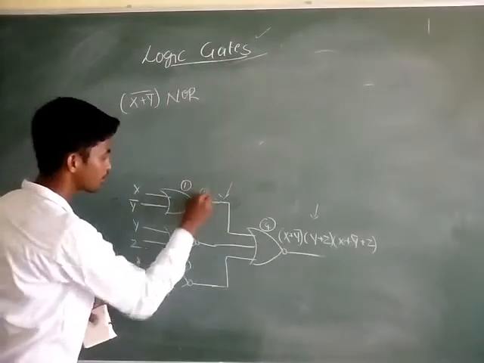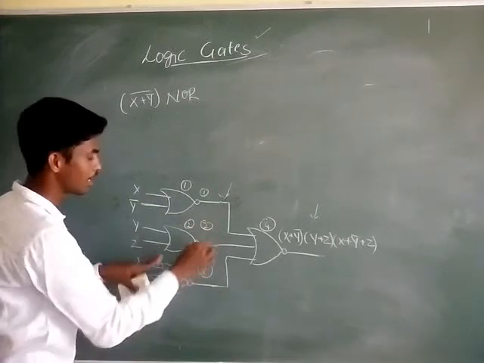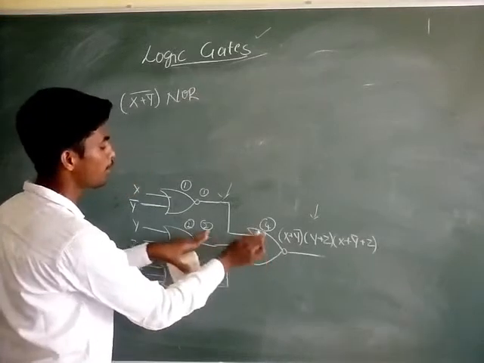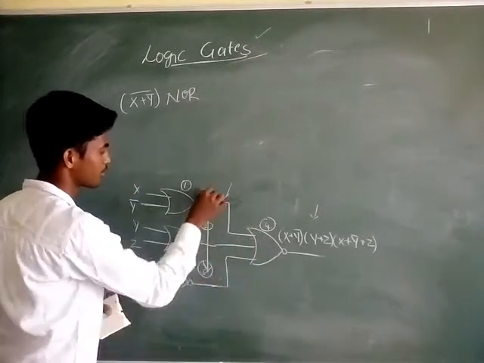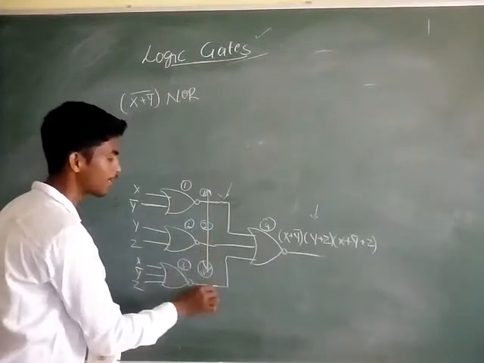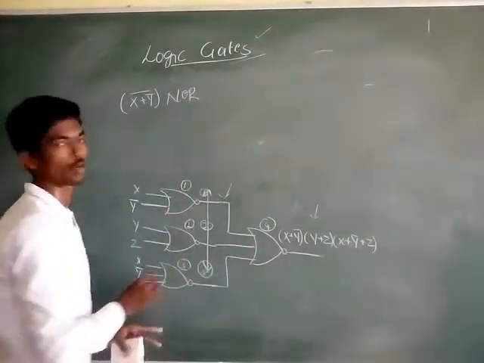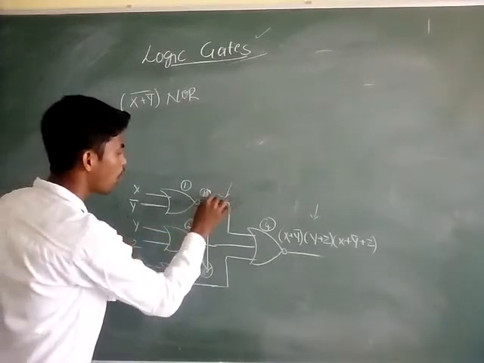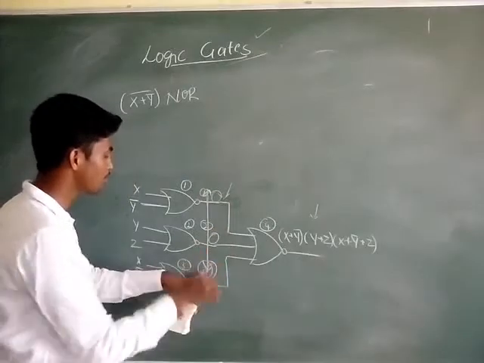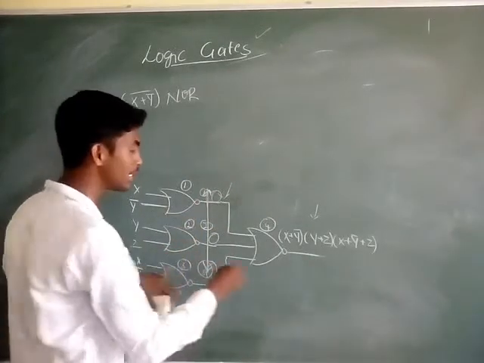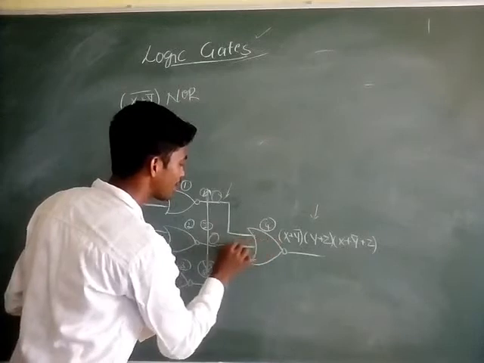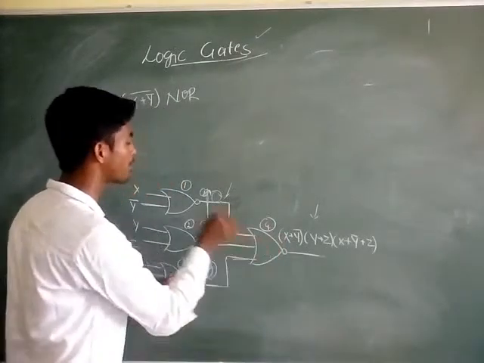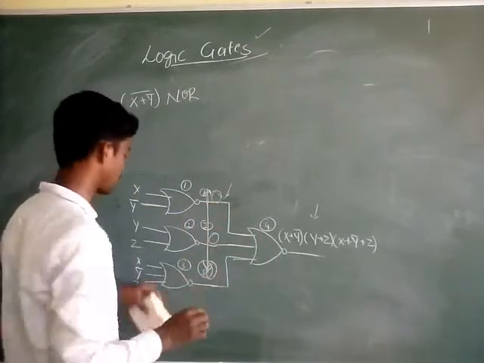because these 1, 2 and 3 are the inputs for the fourth NOR gate. So you have to apply the NOR gate for these three outputs. What are the outputs you are getting here? You have to apply the NOR operation for those outputs. Are you understanding my words or not? Whatever outputs you are getting from NOR gates 1, 2 and 3, you have to apply as inputs for the fourth gate. So you have to apply the NOR operation between these three outputs. Okay? Let us see.